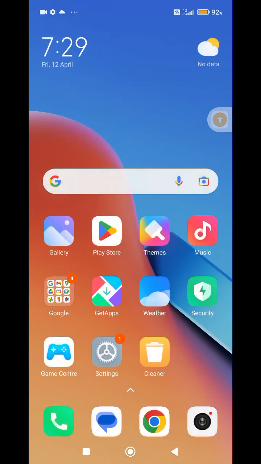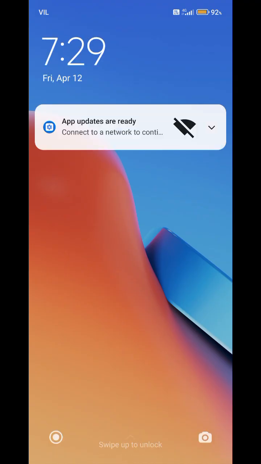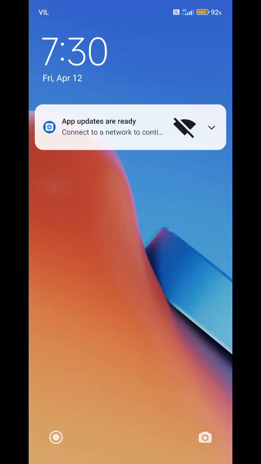I'm going back, coming out of this menu, and I'm going to lock my screen here. For a moment the video will go black as I lock the screen, but you will be able to see this video. I'm not going to type in the password. So suppose you met with an accident or you lost your phone, nobody will be able to track your password. But if they want to contact you, what they can do is click emergency,